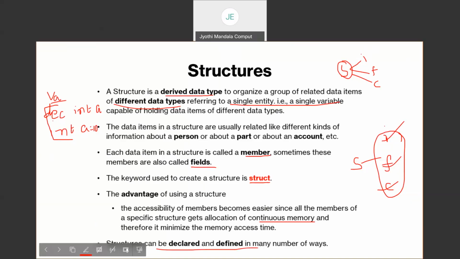That three-step process includes declaration, definition, and initialization. So what do you mean by declaration? Definition is, in this two-step process, where you need to first design one structure. And what do you mean by designing the structure is, in that structure you will be telling what is the name of this structure,